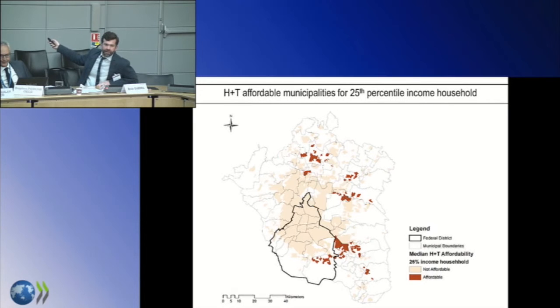If we account for transportation, it actually gets even less affordable, because these suburban areas are the expensive areas of the city in terms of using transit. So you actually only have a few areas that are not too expensive on average for a typical 25th percentile